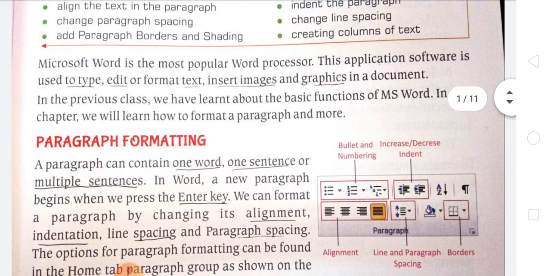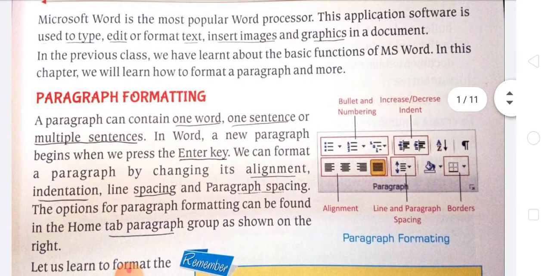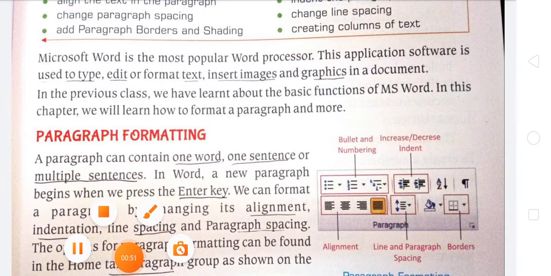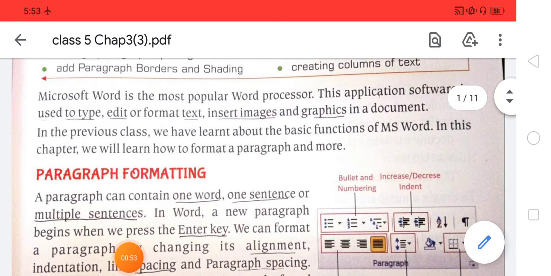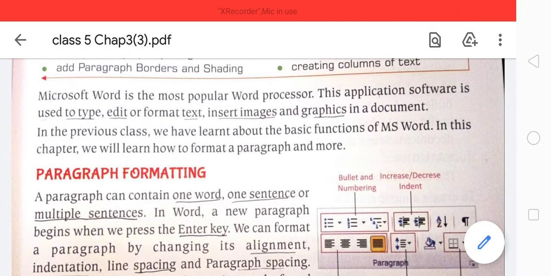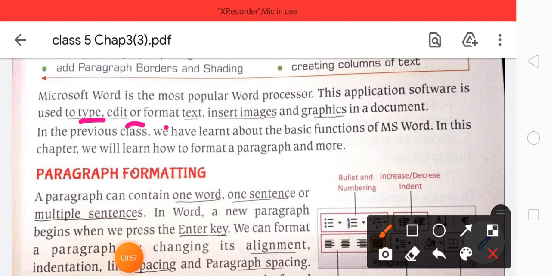So, you all know Microsoft Word is the most popular word processor. This application is used to edit, type, format text, and insert images and graphics in a document. In the previous class we already learned the basic functions of MS Word.